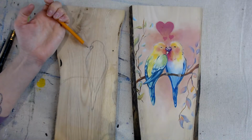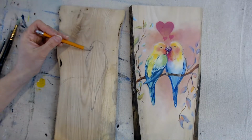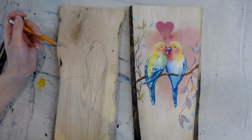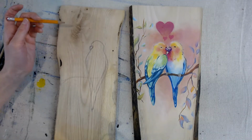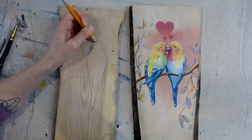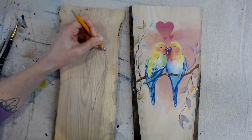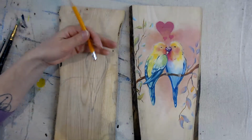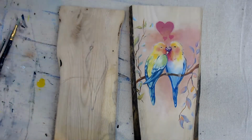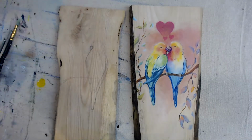Okay, and so just below that, it goes basically into the rest of the body. Okay, what I want to do is just very lightly erase some of that harsh line at the top of the head because it's very light in the painting. So therefore, I don't want too many harsh lines. I'm just going to mostly erase that, but we still want it there just a little bit. So if you can still see yours, great. And now for the other bird,